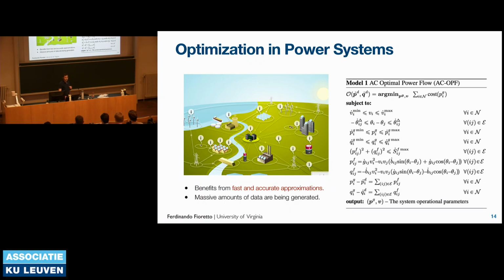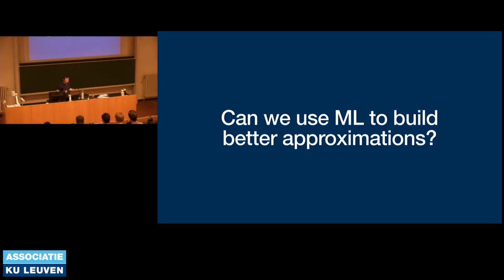It's non-convex, non-linear, and what typical operators do is to run linear approximations of this problem, which are substantially faster, but they also bring substantial optimality losses. And so here the question is, when you're building such approximations, there is an art to it, right? Those approximations are problem dependent, and they don't really look at instances.